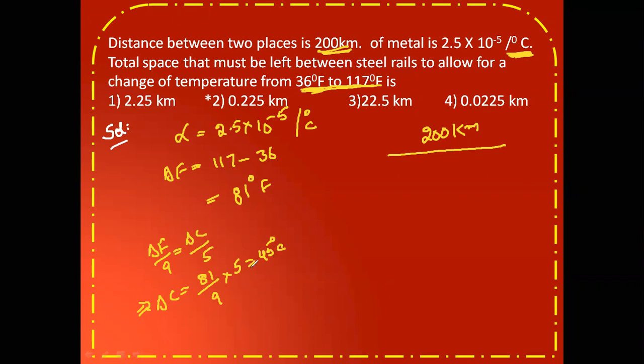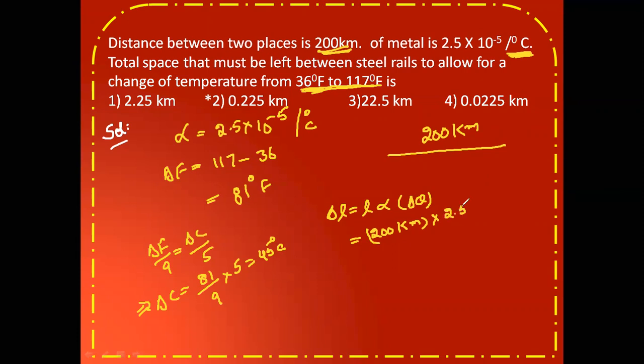45 degrees Celsius. Now what do you want to find? The space that must be left between the two steel rails. That means we need to calculate the value of delta L. So what is the formula for delta L? Delta L is equal to L into alpha into delta theta. So L value is 200 kilometer multiplied with alpha. Alpha value is